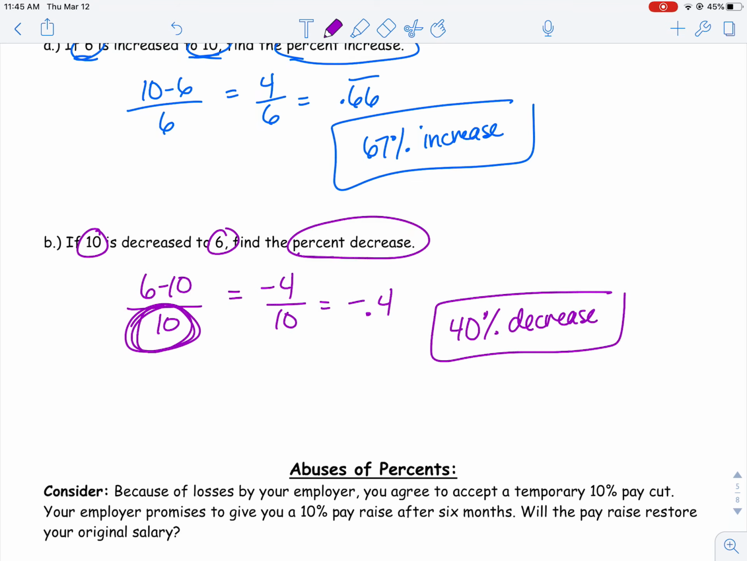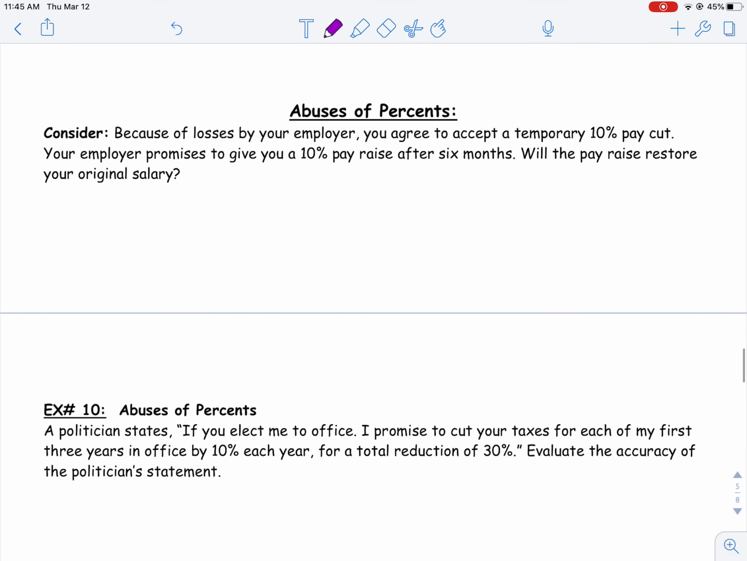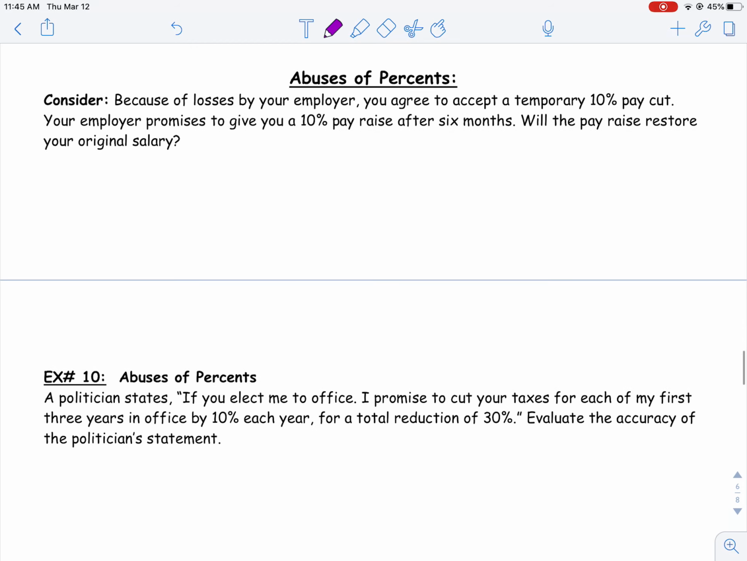So be careful with that. Okay? All right. The last little idea is kind of interesting. It's talking about the abuse of percents. And so I'm going to give you an example here and see if you think that this is a true